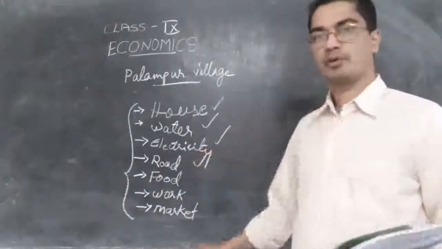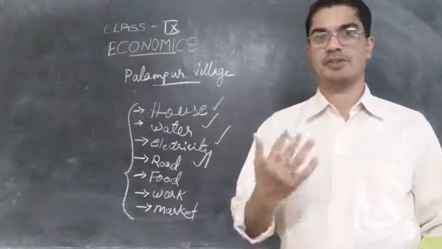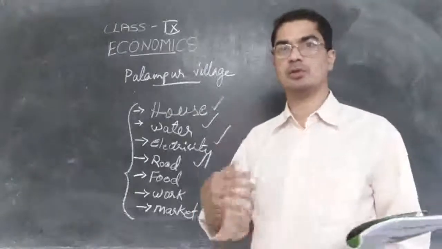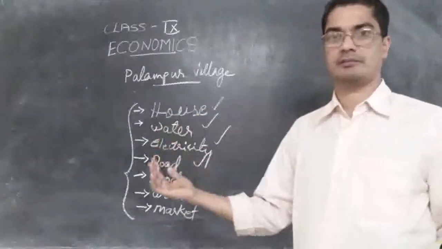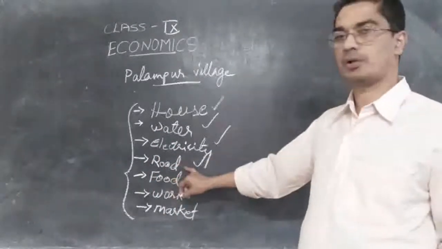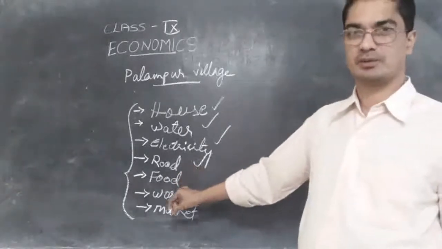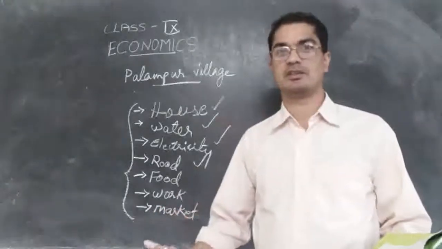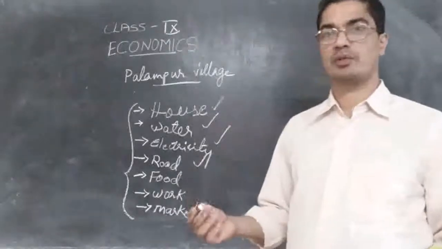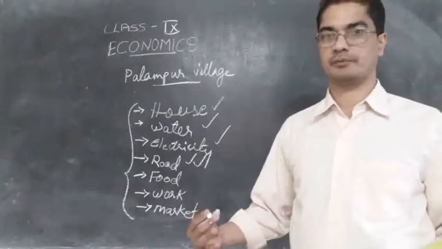Or I produce a lot of things in the farm, food grain, vegetables, fruits. So all that I produce, I cannot eat and finish it. I need to go and sell the extra in the market. Then I will get money. So to go to the market, I need road. And road alone is not enough. There should be vehicles also. There should be taxis, trucks, or tractors. Such kind of vehicles should be there for carrying my produce to the market. So that is important. Then there should be sufficient food for all the people.